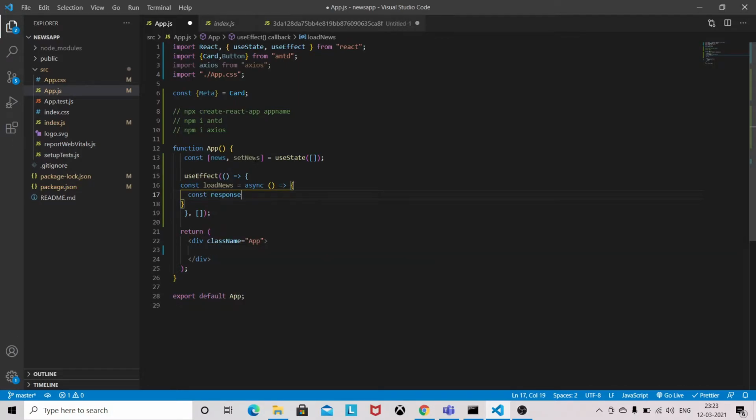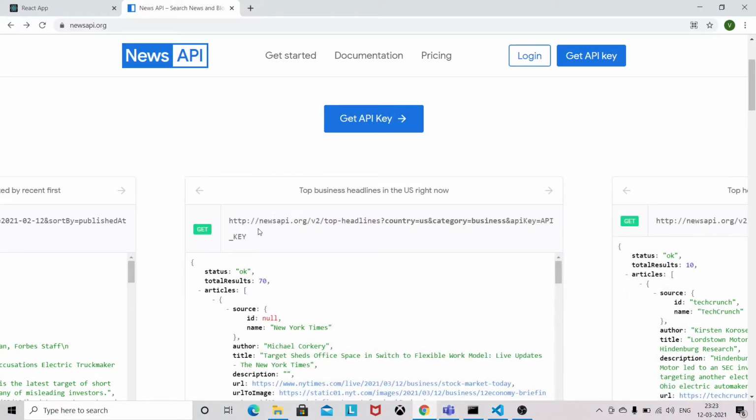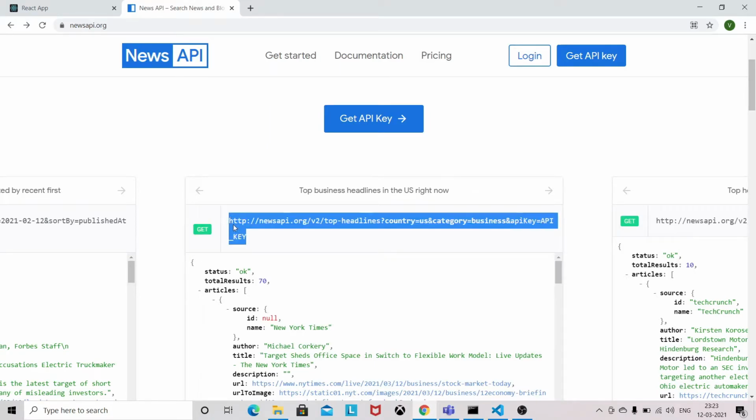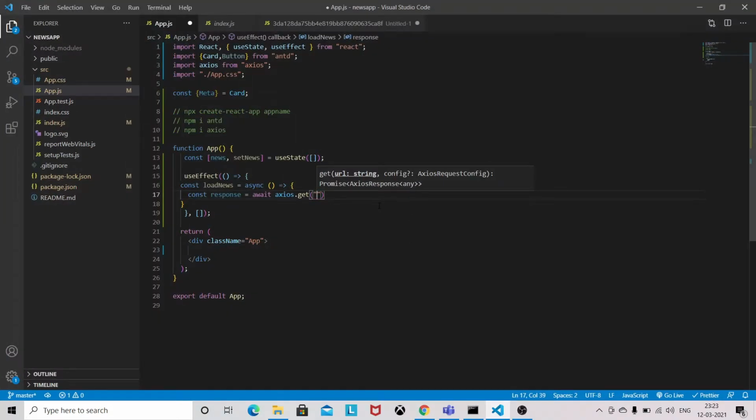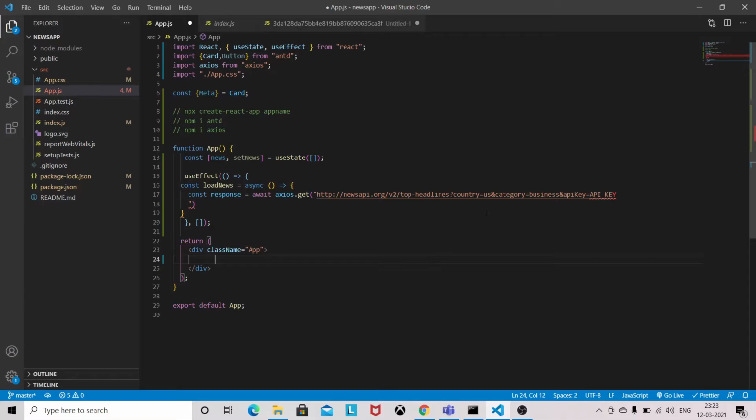So const response and await Axios dot get, and we will copy that API. Simply I will copy this one and paste it here, and in place of the API key I will give this key.